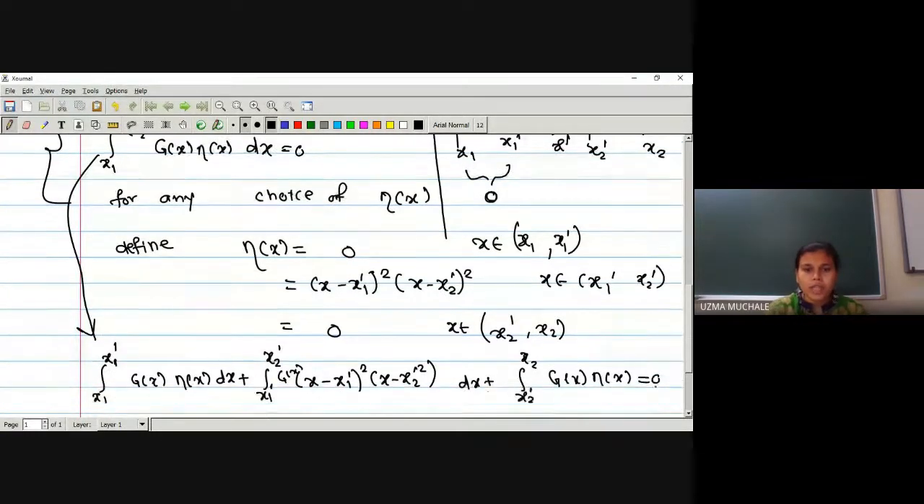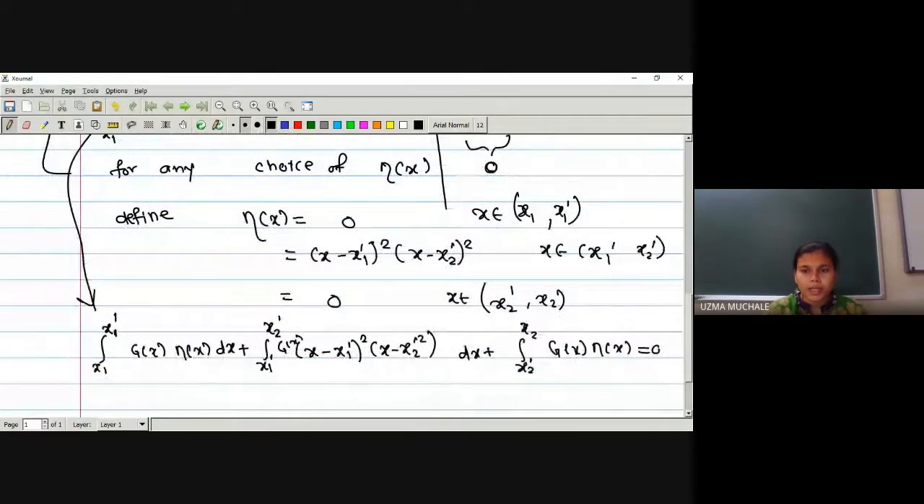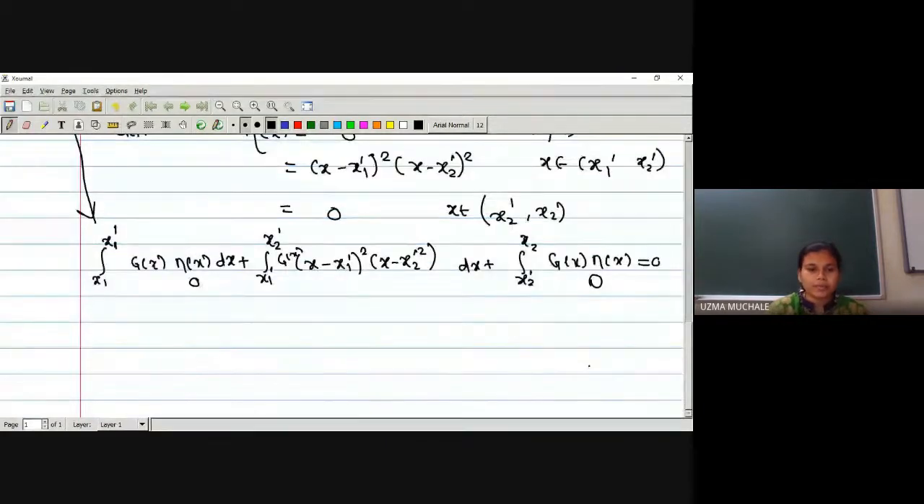Simply, the above equation I have written in the form of a split interval. The whole interval from x1 to x2 I have split into three parts: x1 to x1 dash, x1 dash to x2 dash, x2 dash to x2. Now, the value of eta of x is 0 here as well as in the third term. So we remain with simply the integral from x1 dash to x2 dash of g of x, (x minus x1 dash) square, (x minus x2 dash) square,